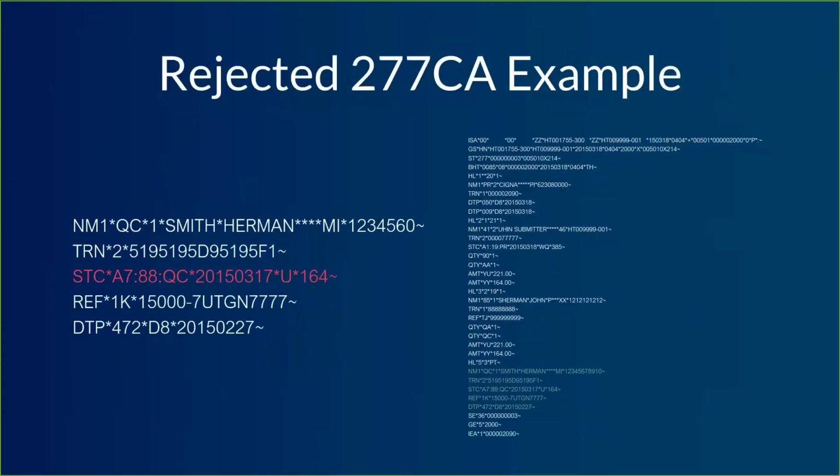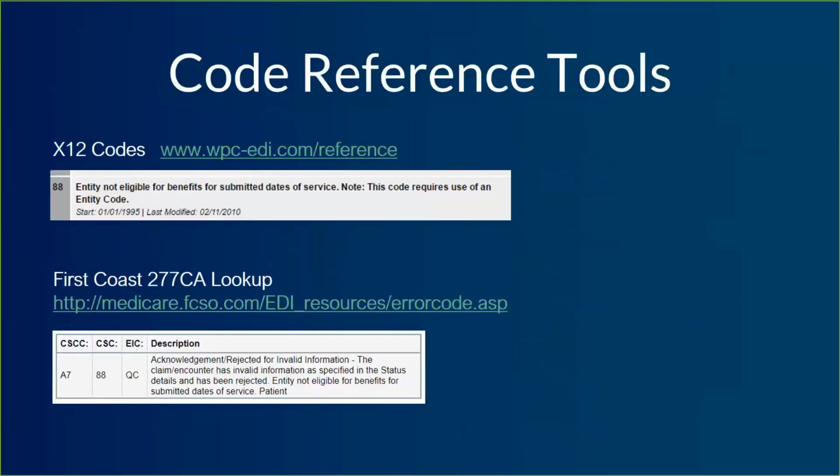So how do we find out what needs to be fixed and resubmitted? Well, unless you can memorize all several hundred codes that are available, you're probably going to need to look up the code somehow. We've got an 88 and we've got an entity code of QC. So let's take a look at what those can mean. There's a couple different code reference tools that are super helpful. The first one I've got up there, I've got the link for